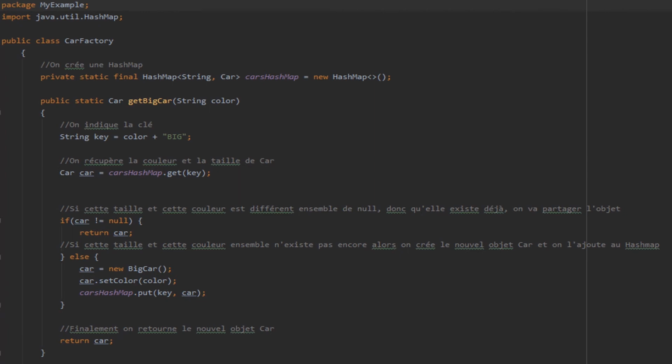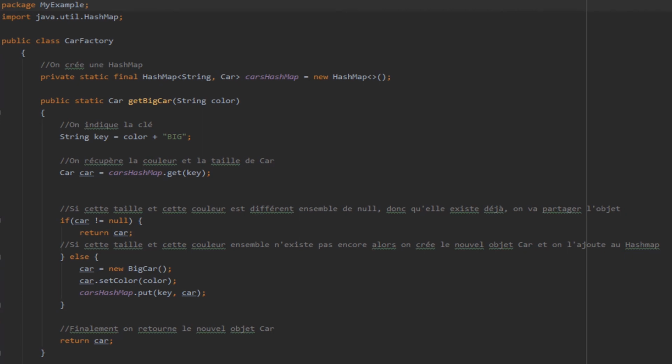Now we have the flyweight factory called CarFactory. This class has a private static final HashMap of String, which is for the key, and Car, which is for the object of Car, like a BigCar, a NormalCar, or a SmallCar.